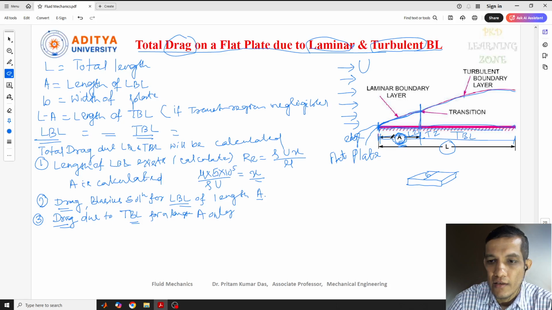That means for this length we need to calculate the laminar boundary layer, and for this length we need to calculate the turbulent boundary layer. But when we calculate the turbulent boundary layer, that time we need to assume that the laminar boundary layer is not existing or that is negligible. Okay, and finally we can find out the drag due to